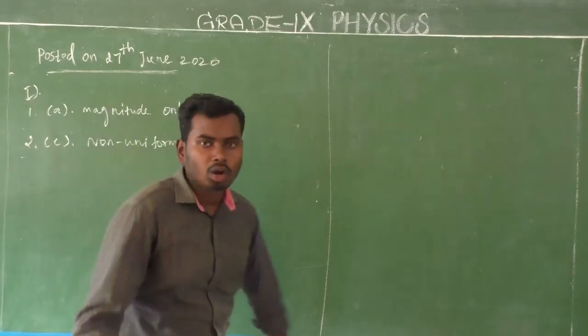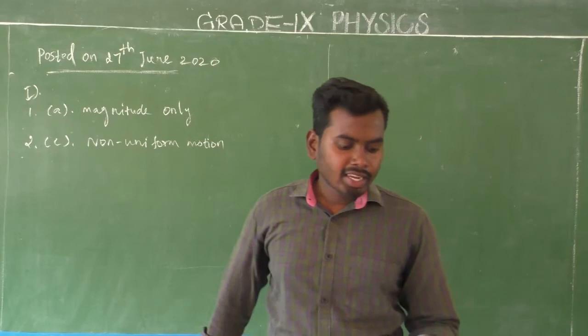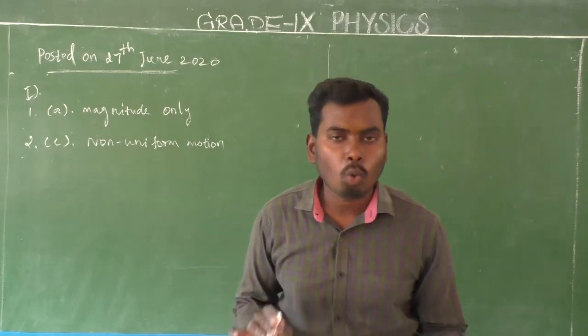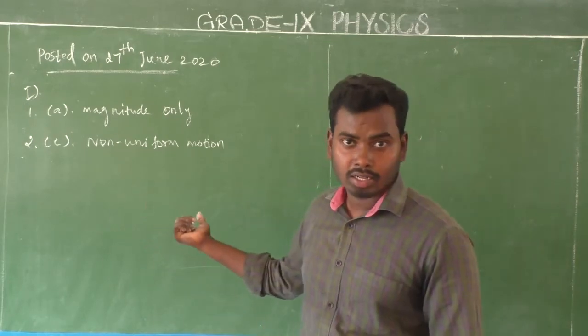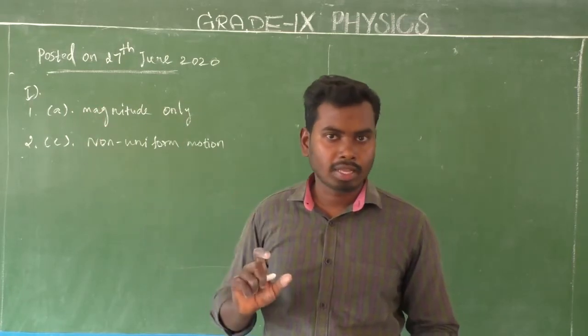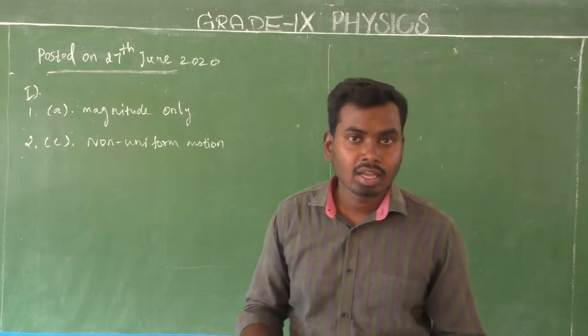Okay, C1, third one is the answer, non-uniform motion. Is that clear? Yes, because it is non-uniform. Next, the shortest distance between the initial position and final position of the object is called, what is that? That is displacement. We have already seen that. What is displacement? The final position minus the initial position, that is displacement mathematically. But theoretically we can say the shortest distance between two points is displacement.